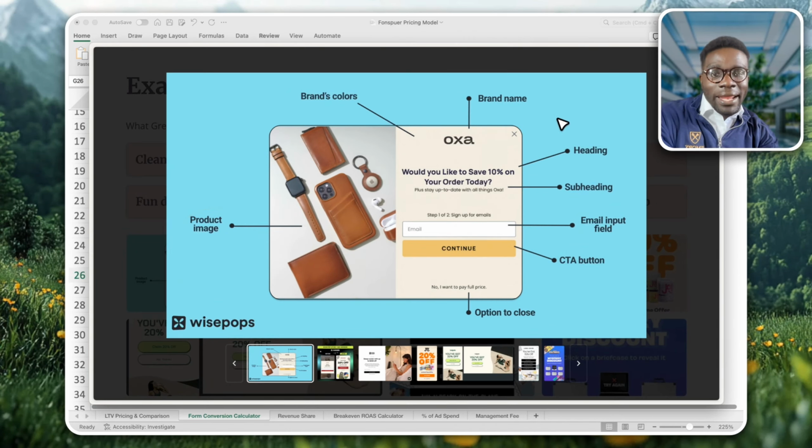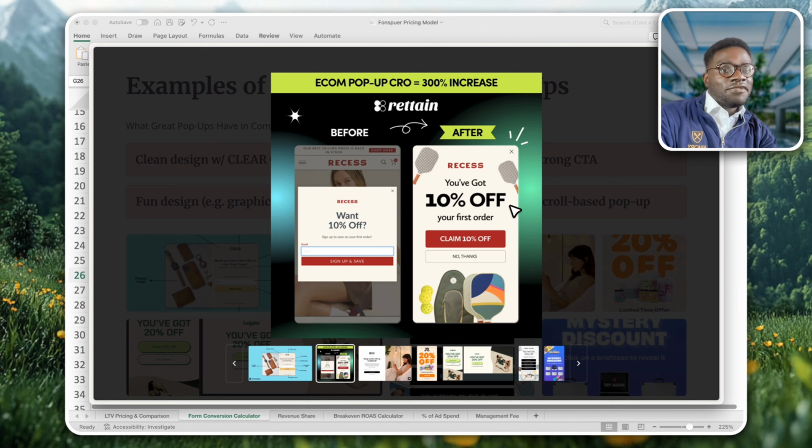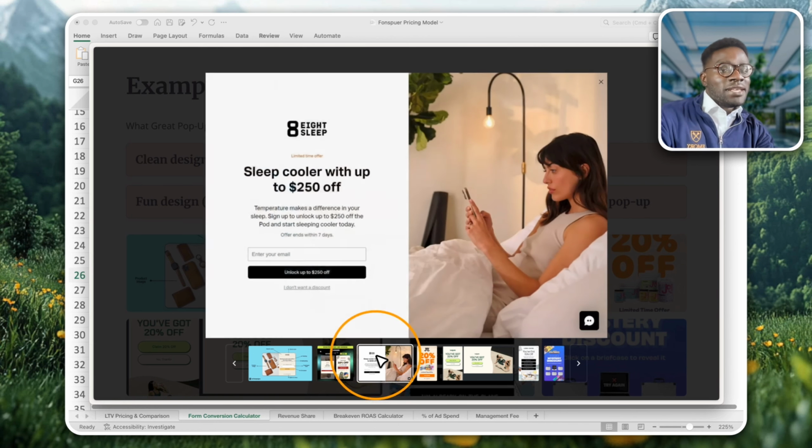You could argue that many of these elements are actually non-essential. As I communicated earlier, it just needs to be clear, and the clarity is actually given in your offer. So as you can see in some of these examples, you have the offer front and center and an opportunity to claim it. What you're gonna see in some of these pop-ups is something called a double opt-in, which simply